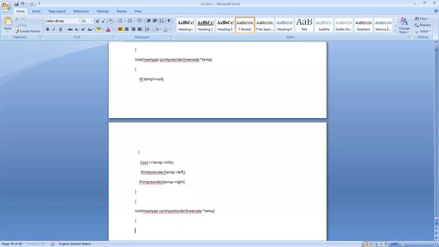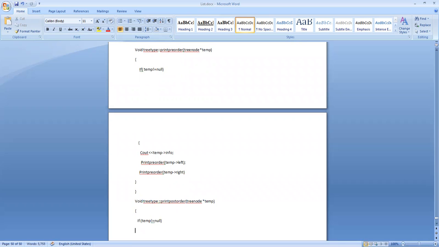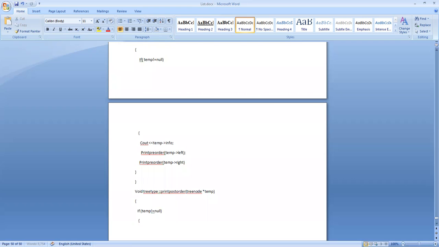Here also, if temp not equal to null, what do I write? What is the way of post-order? First the left child, then the right child, then the parent. So here I print post order temp reference left.